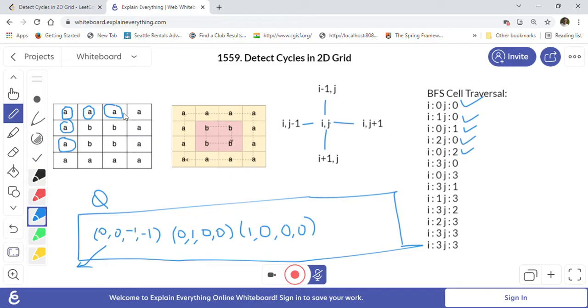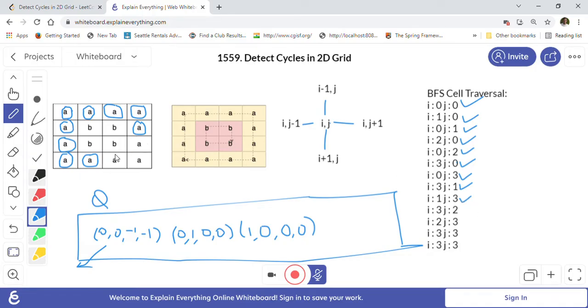So now after this one we will go and visit this cell, right? Because from a I can go here, and from this a, so this one is 3 comma 0. So here you can see 3 comma 0 is there, and from this a we can go to this a, which is 0 comma 3. So this is 0 comma 3. So we will keep doing it. Now we can visit this a, right? 3 comma 1. So as you can see, this is 3 comma 1 here. Then from this a we can visit this a, which is 1 comma 3. So this is 1 comma 3 here.